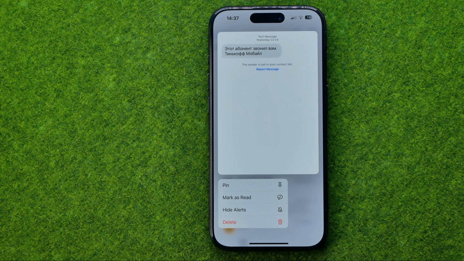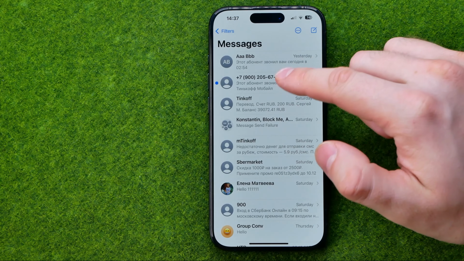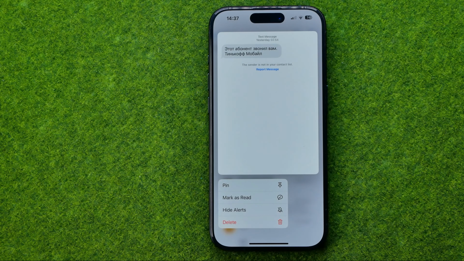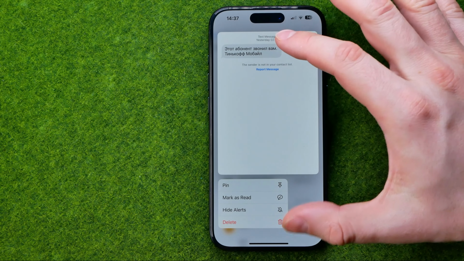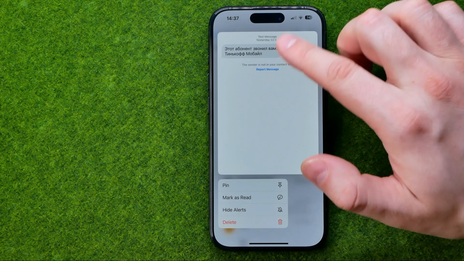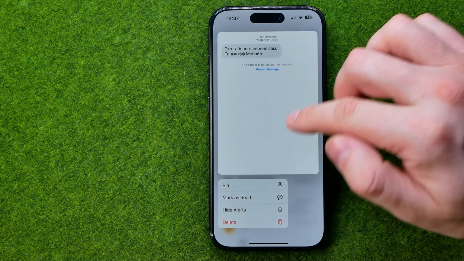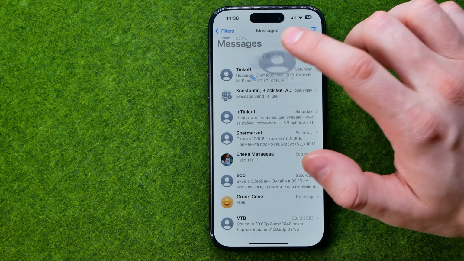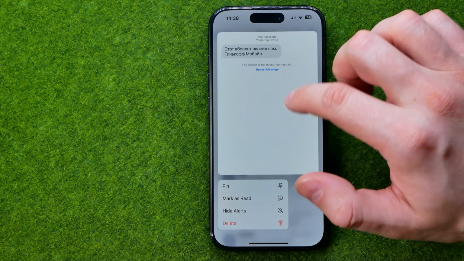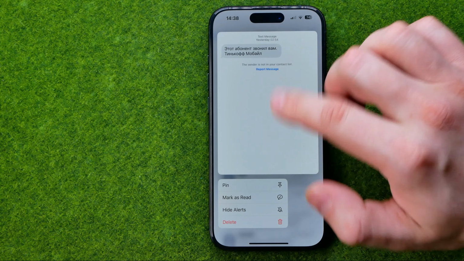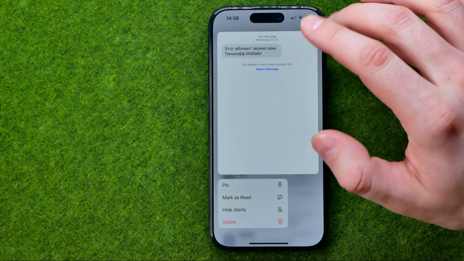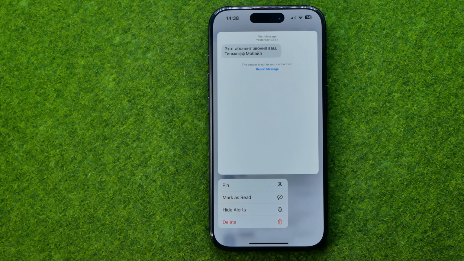that preview. In that window, we'll be able to scroll it down or up if we've got enough messages here. I've got just one, so I can't really scroll it, but if you've got multiple messages here, you will be able to easily swipe down or up so you can scroll that conversation, and that's how you